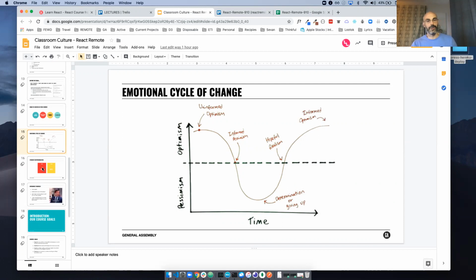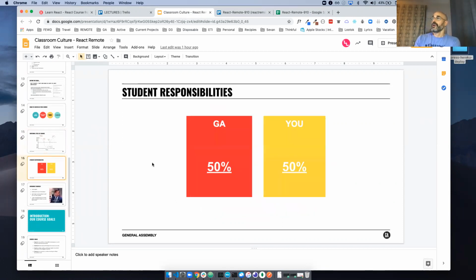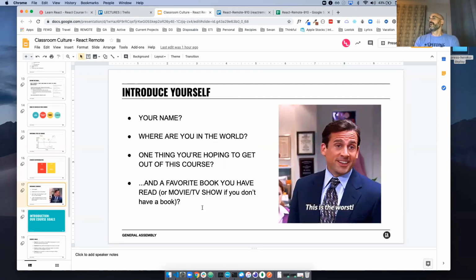I haven't had anyone say, oh my God, this is crazy. The part-time classes are a little easier. Responsibilities, 50% GA, 50% you. You've got to do the work. You want the certificate of completion, do the work. You really want to learn it, you do the work anyway, right? Class is just this tool that structures the material and presents it to you in such a way that you have someone to communicate with, and others that are trying to learn the same thing.